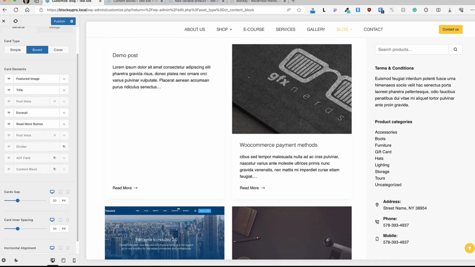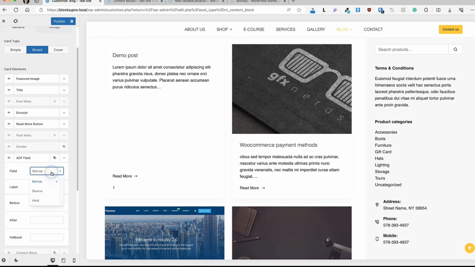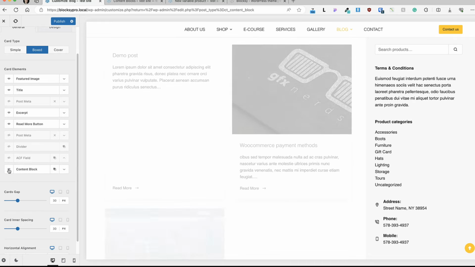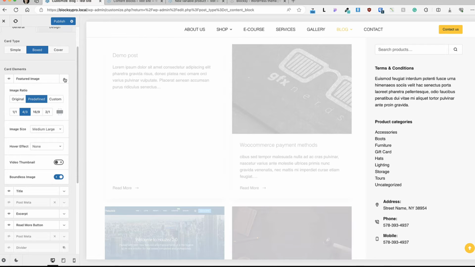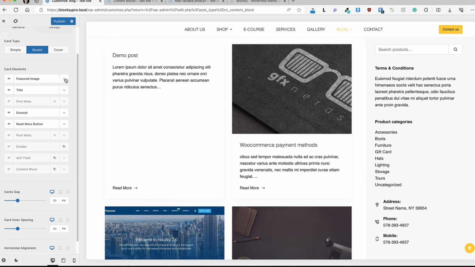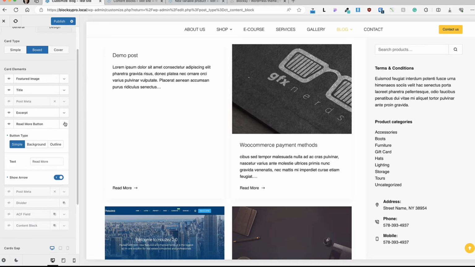If you're using custom fields, then you can activate ACF fields and you can choose what are the ACF fields you would like to display over here. And once again, you can display content blocks. Every element has its own options. For example, featured image, you can choose whether to display video thumbnails or boundless image, hover effect, image size, and image ratio. For the title, whether it's H2, for the excerpt, the length or full posts, read more button,